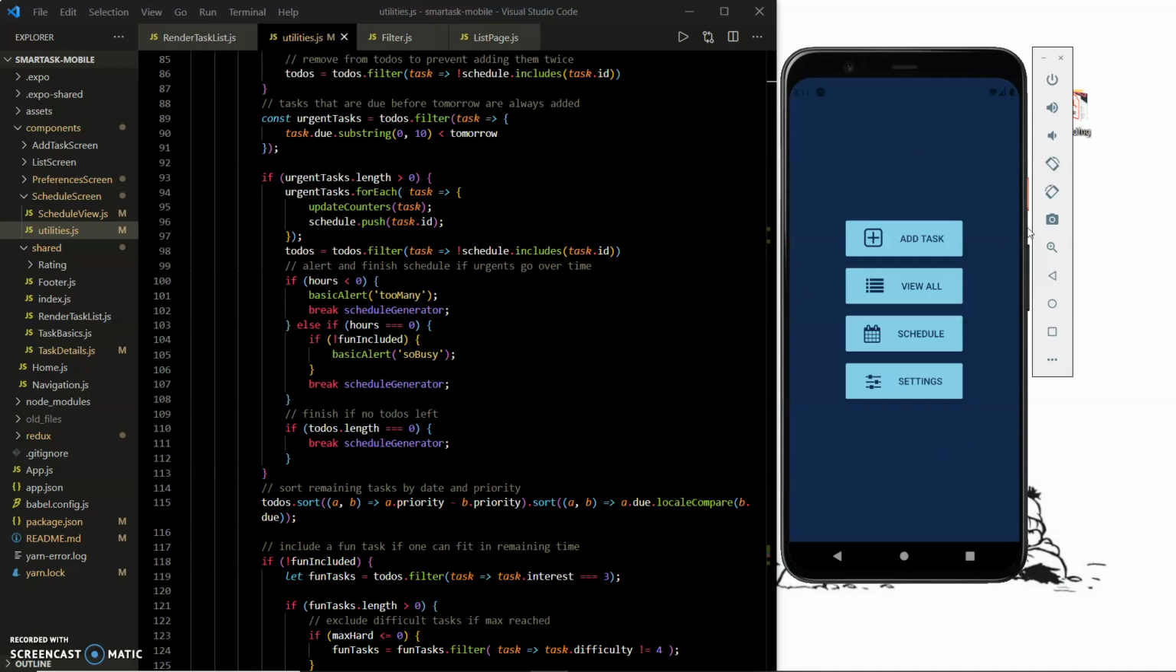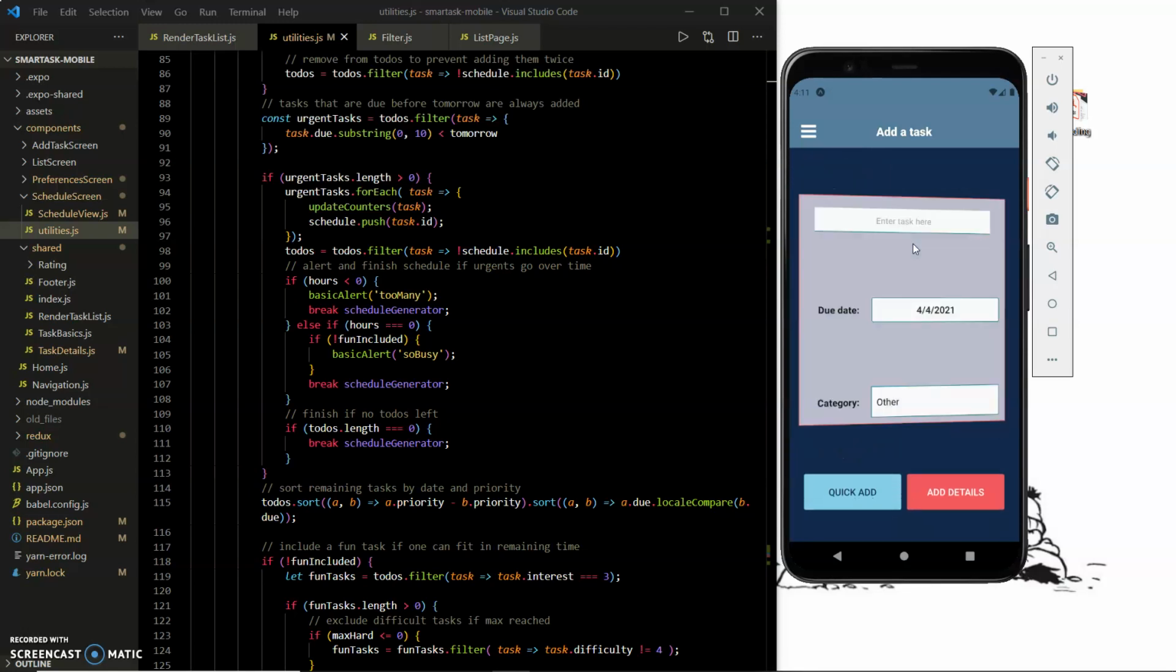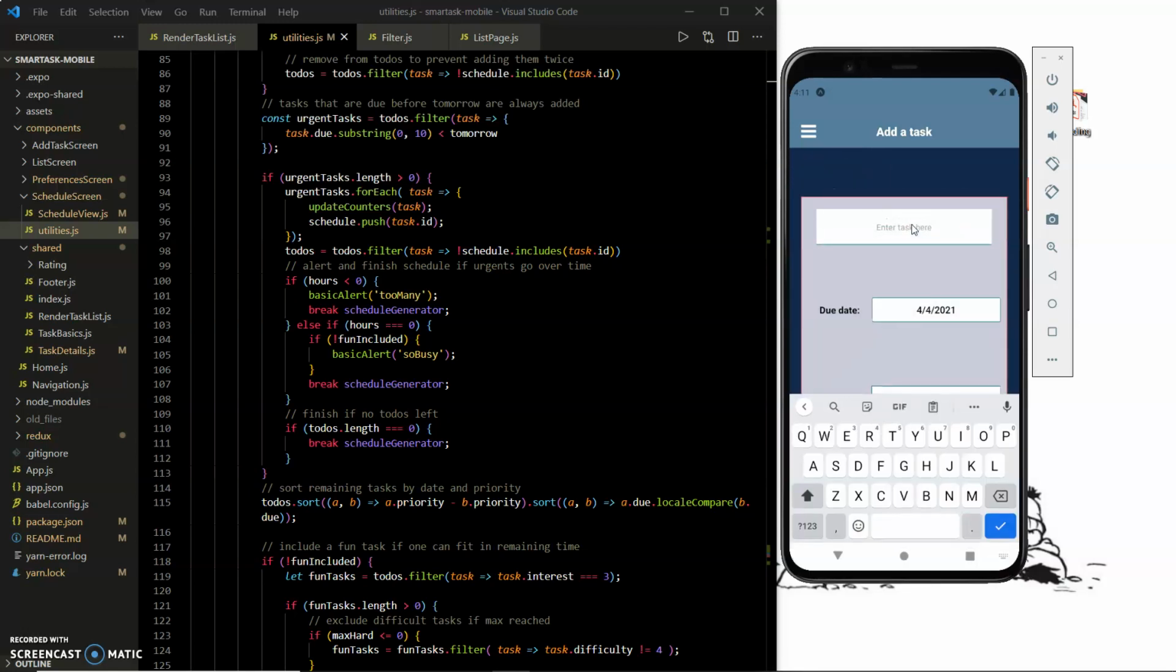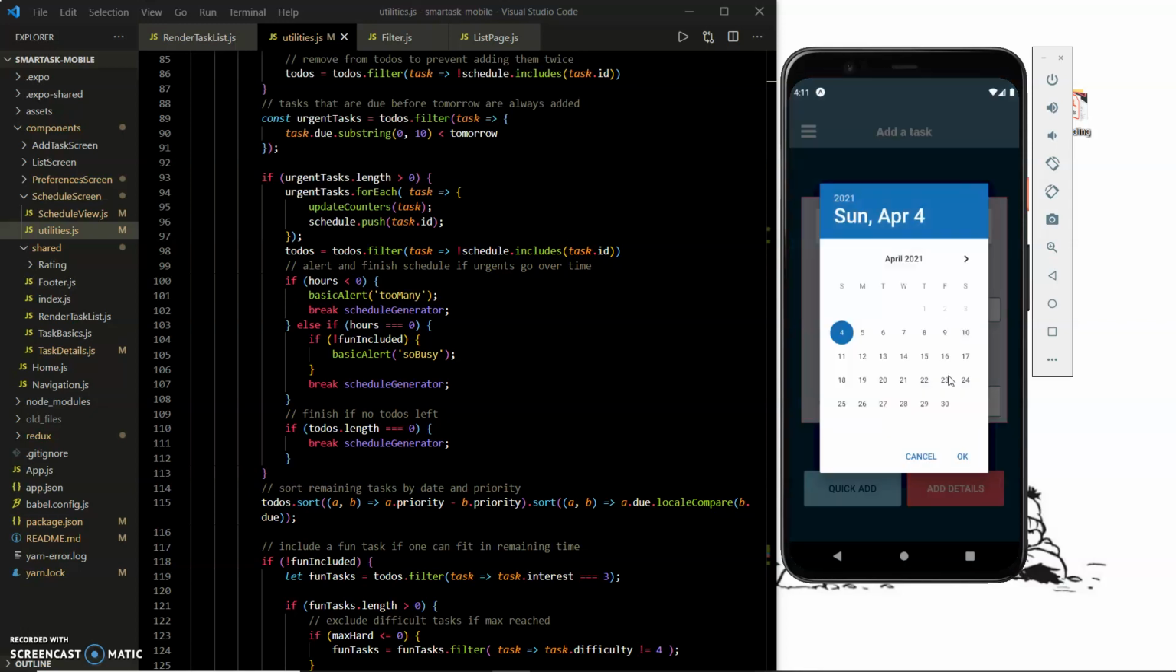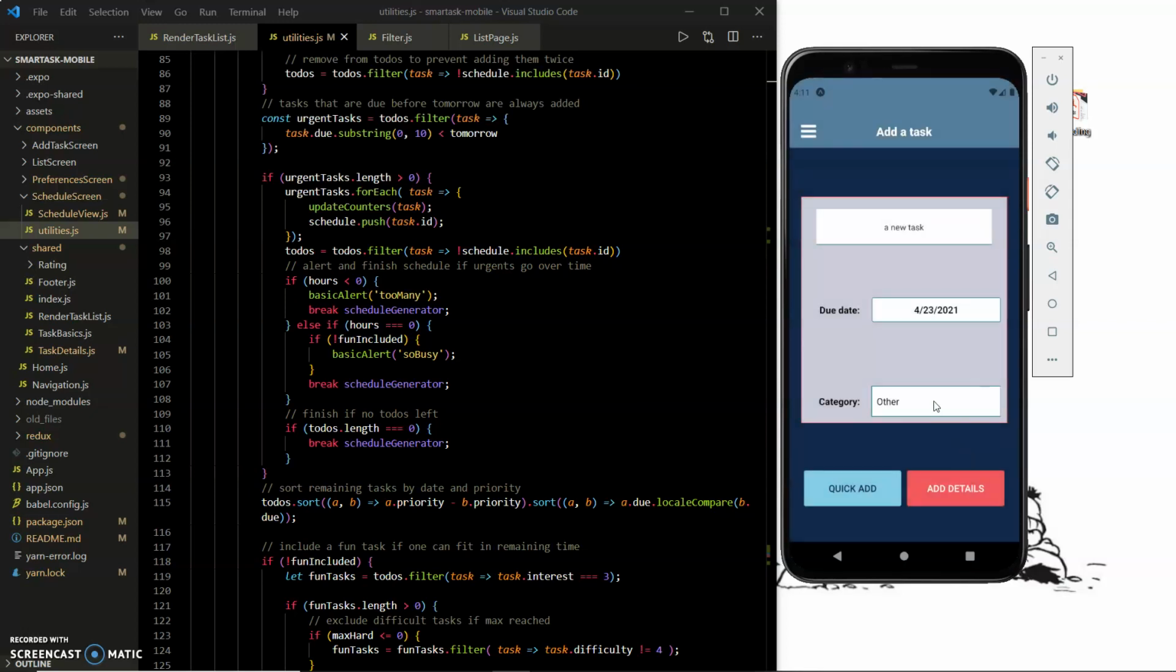So this is the home page or home screen. You can add a task. It has to have a name and a due date. And you can optionally add a category. So you can quick add a task that uses default settings for the details, but we're going to just show